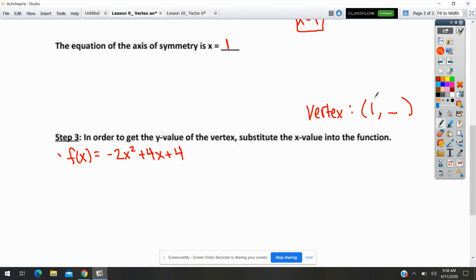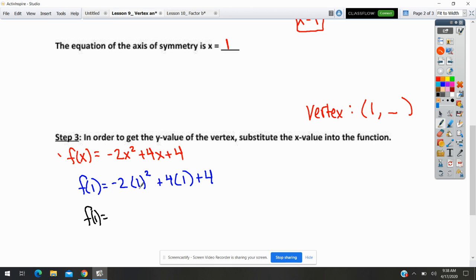So what we're just going to do is substitute 1 to get the y value. So f of 1 would be negative 2 times 1 squared plus 4 times 1 plus 4. Wherever there's an x, you're just replacing it, substituting the 1. So let's evaluate this. Remember, we need to use order of operations. So f of 1 equals